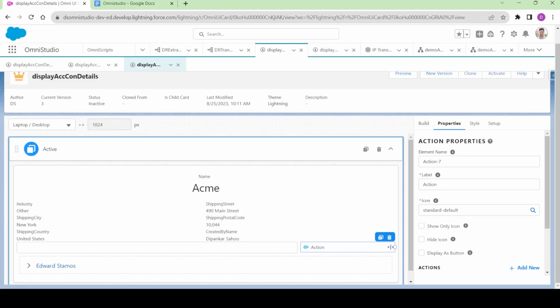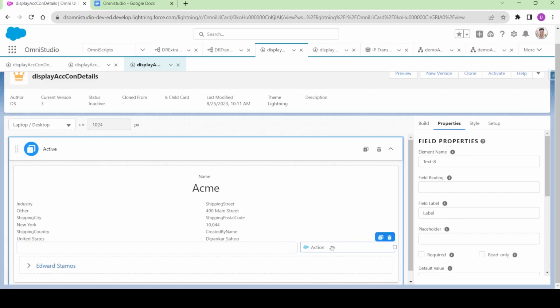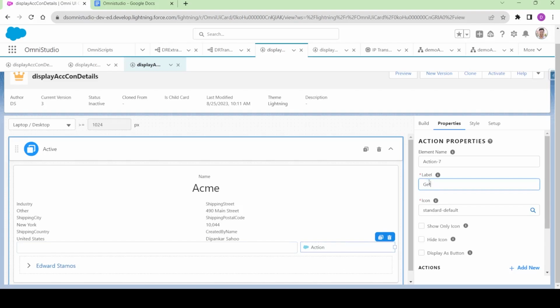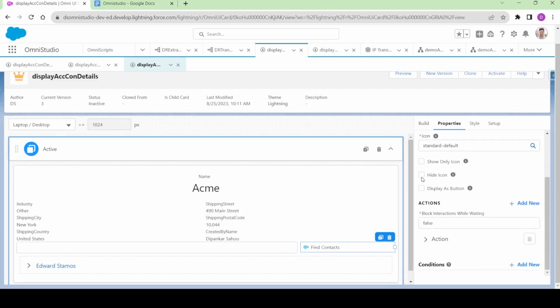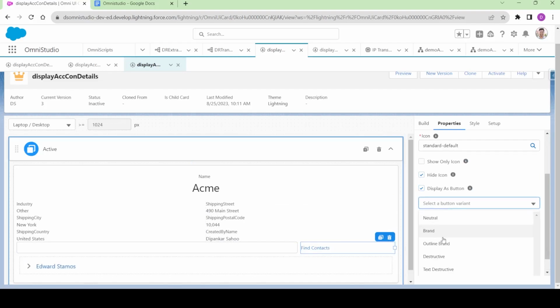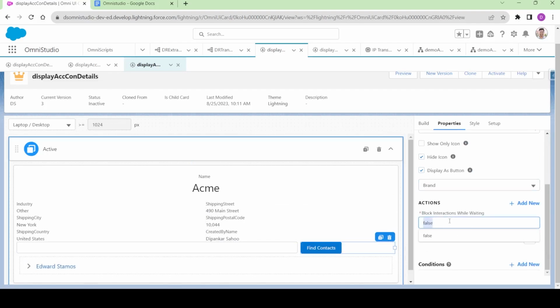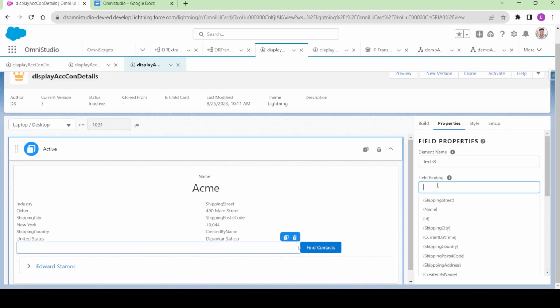So now what I'm going to do over here, let me name the action as find contacts, right? And I'll say hide the icon, display as button, and the button should be brand. Block interaction while waiting, I'm making it true to make sure that the user does not interact or make any changes while I'm executing this action, right? And for this there should be a field binding, so I'll bind this as first name. I'll actually name it as contact first name,